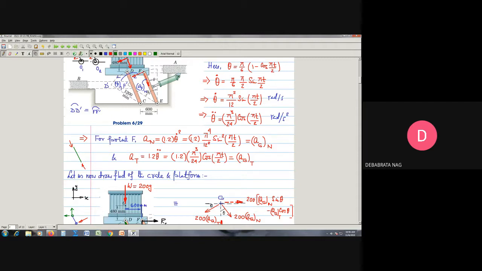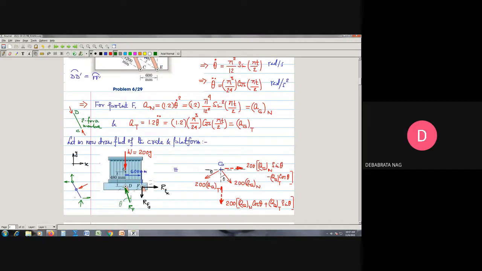This member CD, because we are neglecting its self weight, has no third force acting on it. Therefore this member CD is what is termed in mechanics a two-force member. While the other crank, that means the crank EF, is not a two-force member. It is because in between you have this force. If this force would not have been there, then this would also have been a two-force member like the other crank.